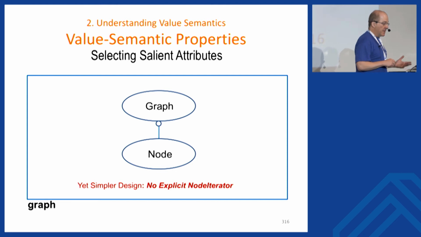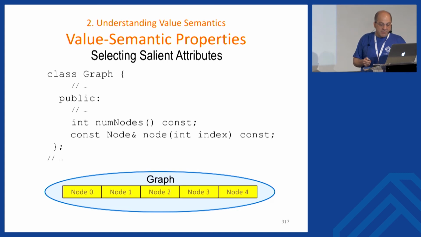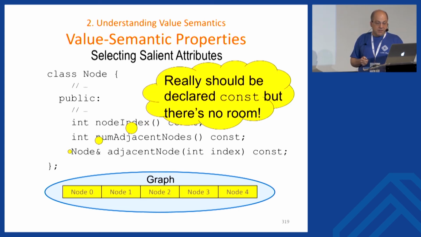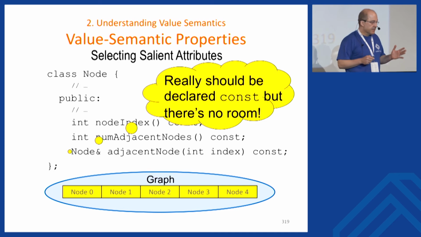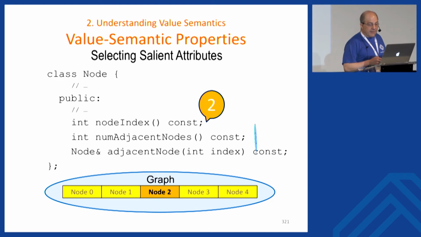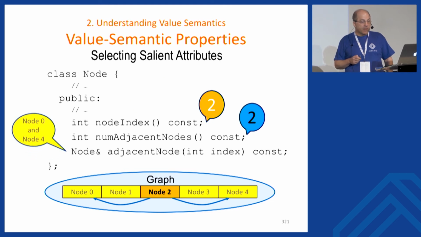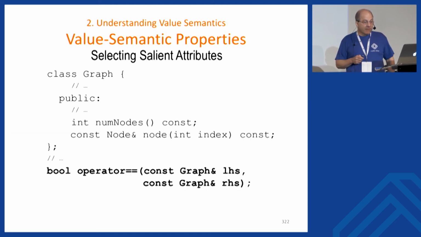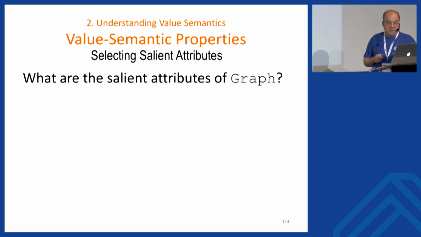We have a graph, and we have nodes, and the edges are just relationships among the nodes. So we don't have an edge object. So here's a graph, it has a bunch of nodes. We can get the node that's adjacent by giving it the index of 0 through 4. And there are some const issues here because I ran out of room again. Const is a real pain for slides. So this particular index is node 2, and it has two adjacent nodes, and those adjacent nodes are 0 and 4, and the first one I get by putting in 0. And here's my graph, and I have an operator double equals. Two graph objects have the same value if,